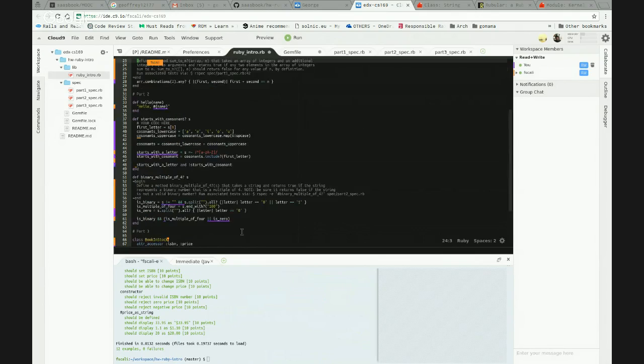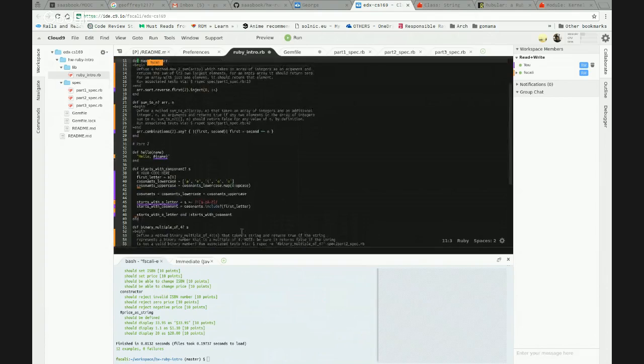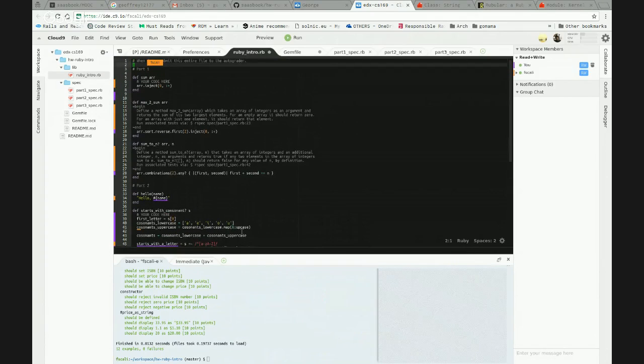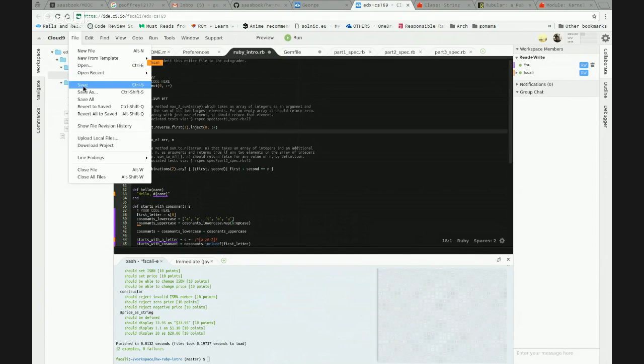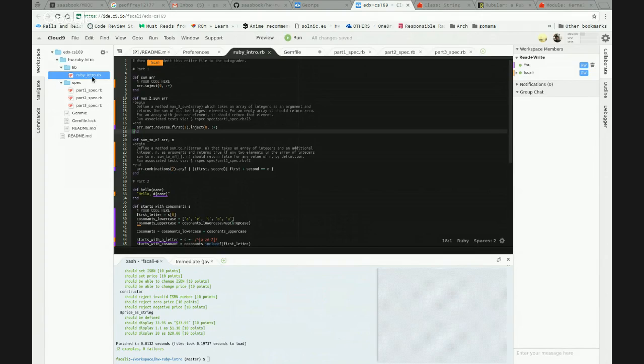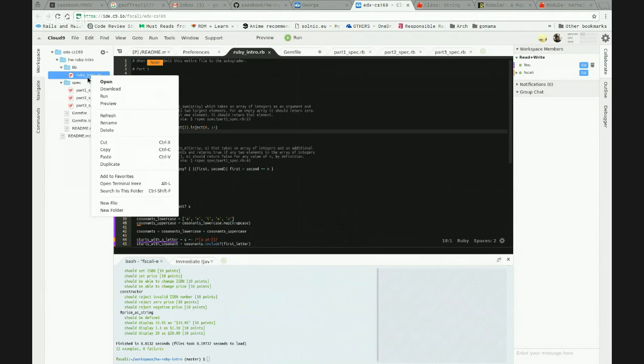Okay. So we can try to submit the solution, I think. I don't know how to. I think we have to download the spec. The source, you mean? Yeah, correct, sorry. I have a download button. You just press the right key on the mouse for this file, Ruby intro. Okay, wonderful. Yeah, download. Okay.